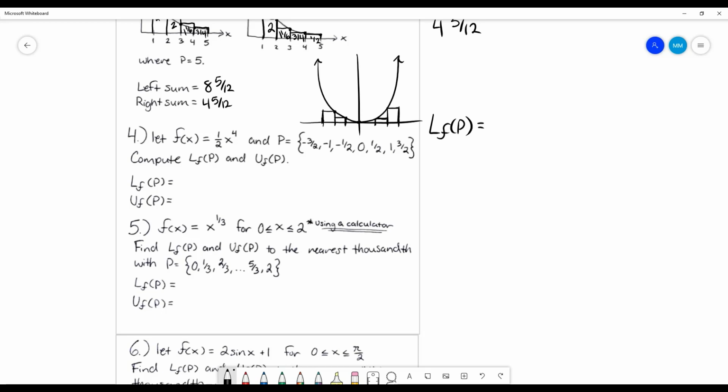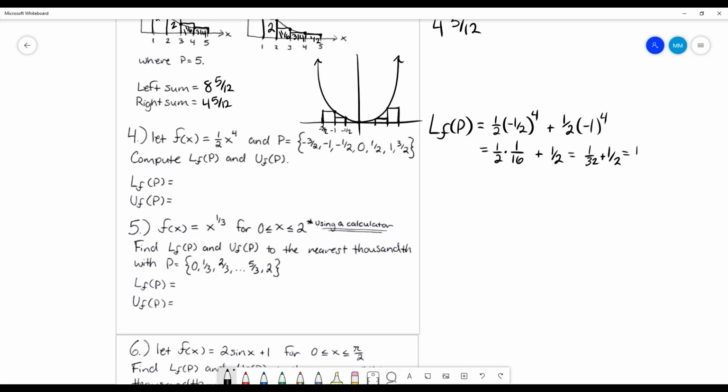So let's see. I said that this was -1/2, -1, -3/2. Okay, so this is the height at -1/2, so plug that in there. So it's 1/2 times -1/2 to the 4th, and then the next bit's going to be 1/2 times -1 to the 4th. Okay, that's going to be 1/2 times, well, 1/2 to the 4th. I know 2 to the 4th is 16. So it's going to look like that. Plus 1/2, which is then 1/32 plus 1/2,